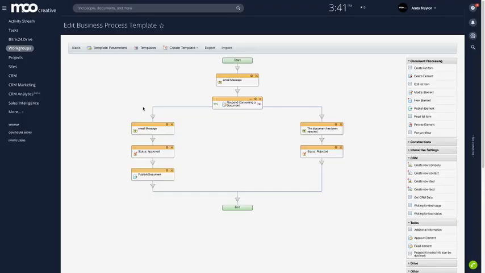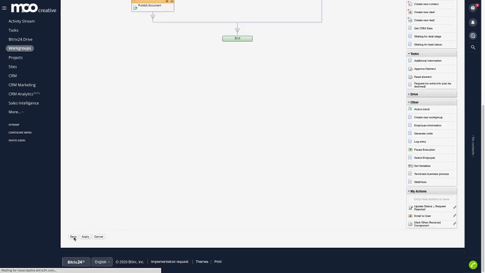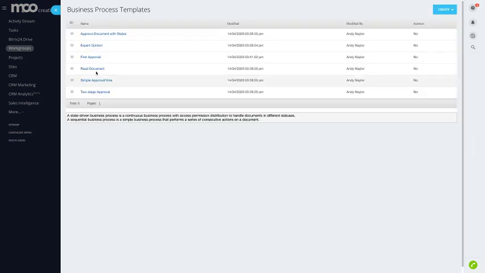And then if it's approved, it'll send the email, set a status of approved, and then publish the document. If it gets refused, it's going to send an email to say it's been rejected, and then set a status of rejected. So this is a predefined one. If I was to click on save here now, and then instead of having it auto run as no,